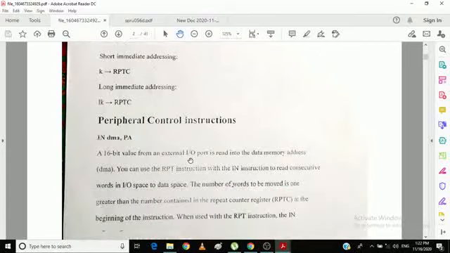Okay. So the next one is the peripheral control instructions. Peripherals are nothing but, in case of the 8086 microprocessor, we don't have the on-chip peripherals, but in case of the DSP processor, we have the on-chip peripherals as well as the off-chip peripherals. When you would like to access the off-chip peripherals, which are interfaced to the microprocessor,